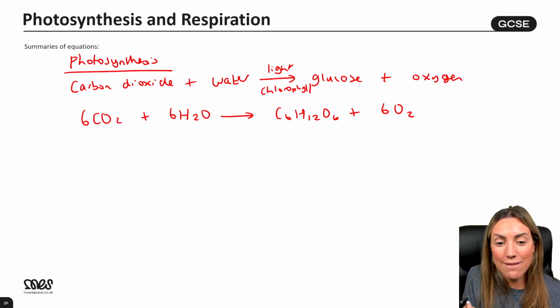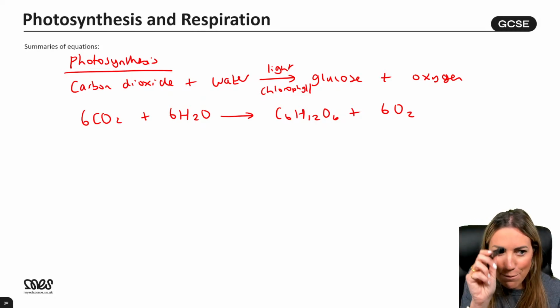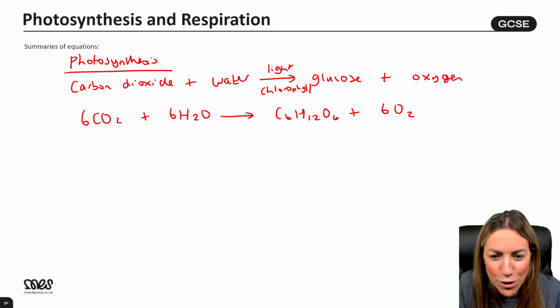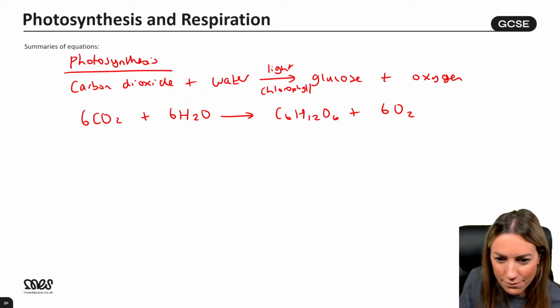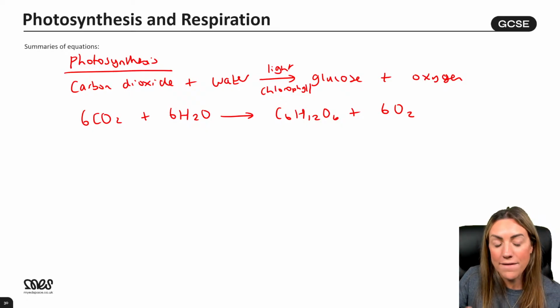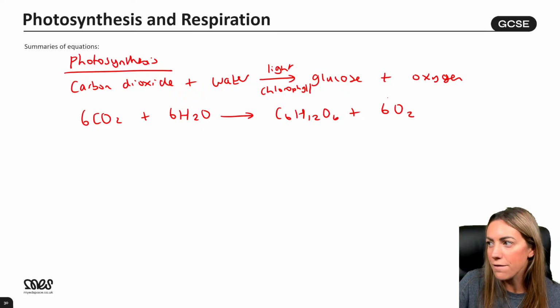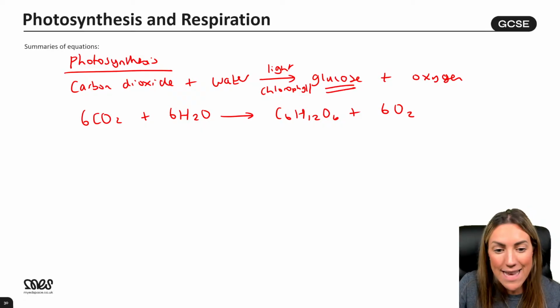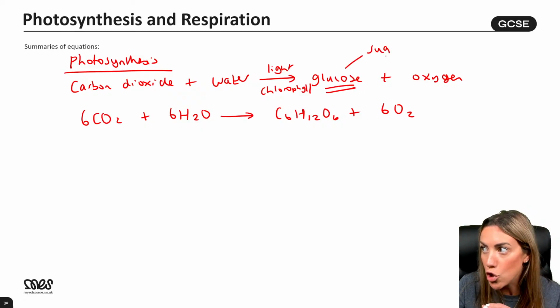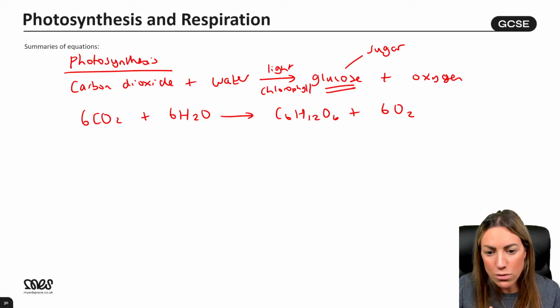But then they might give you an equation where there's a space above and below the arrow, and obviously they want you to fill that in, right? Chlorophyll is needed. Chlorophyll in the chloroplasts, green pigment, right? It absorbs light energy. That is the energy for photosynthesis. The whole point of photosynthesis for the plant is it makes glucose. It makes sugar, which the plant can then use for many, many different things.